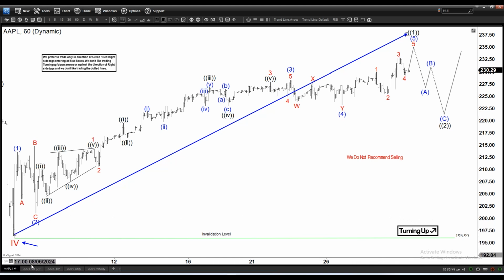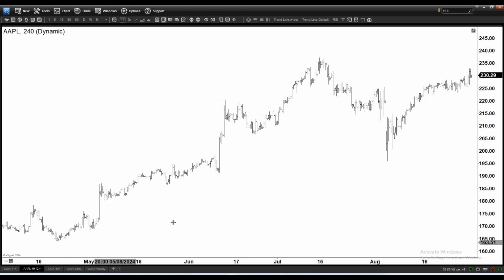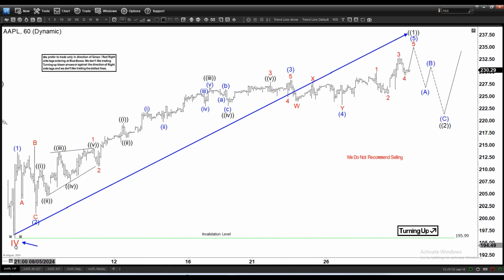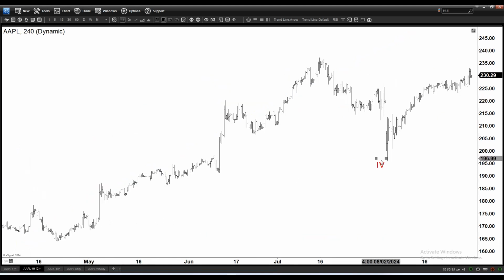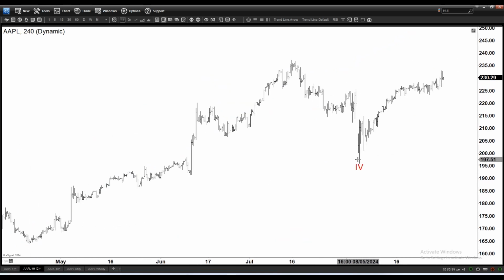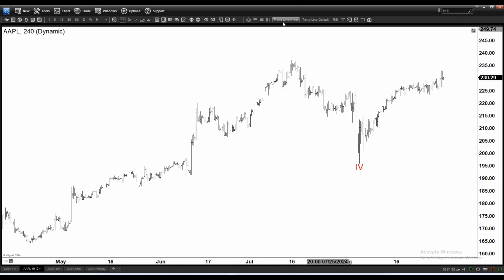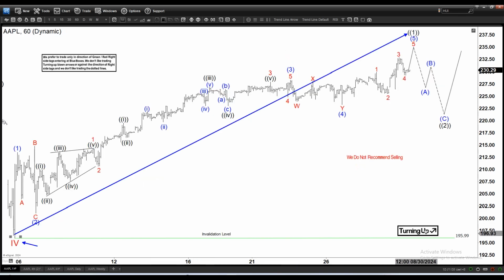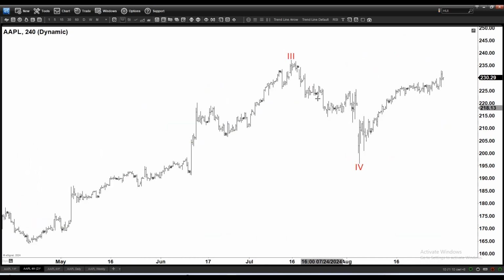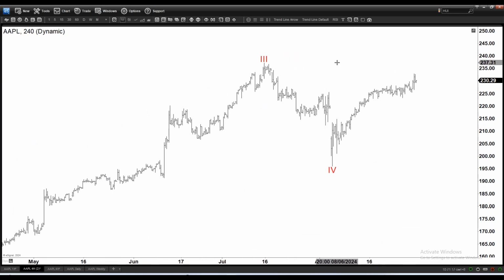If I zoom out to the 4 hour, all right, you can see right here, I'm gonna place this wave 4 in the 4 hour time frame, which is right here. So we have rallied higher, which is the rally higher you see here, but the rally higher has not broken above this previous peak, which should be a wave 3 here. And that's why the arrow is still not green, because until it breaks above the peak,